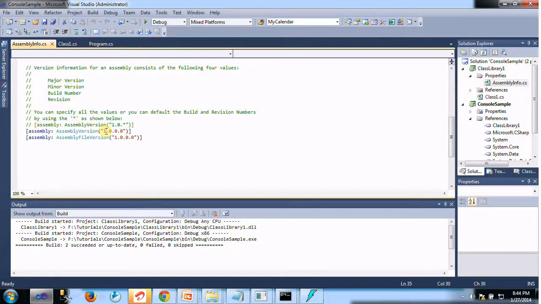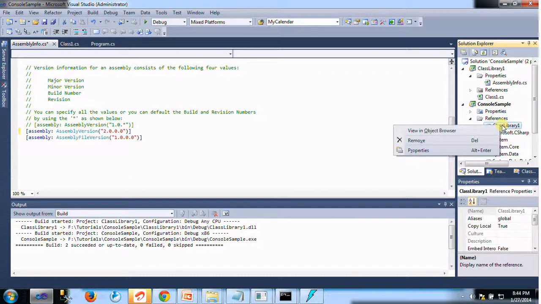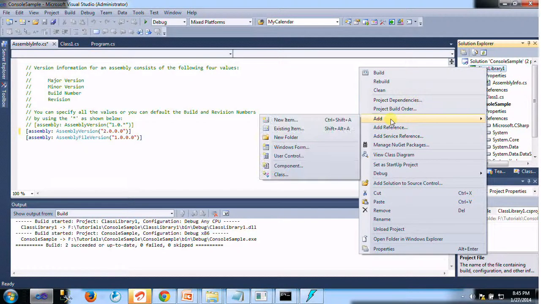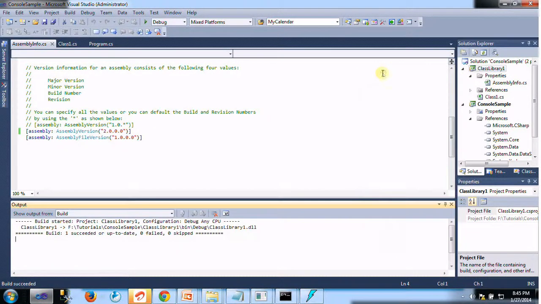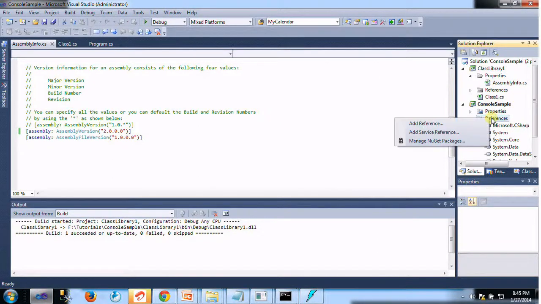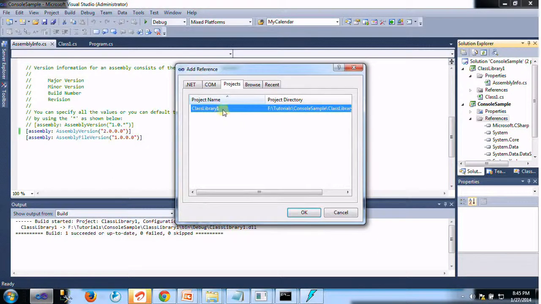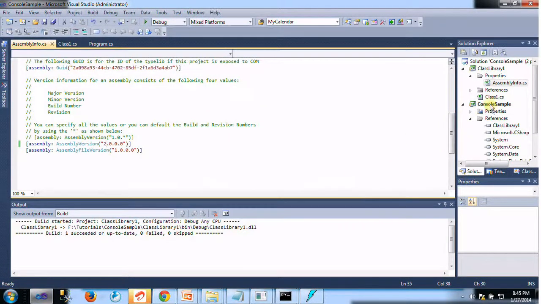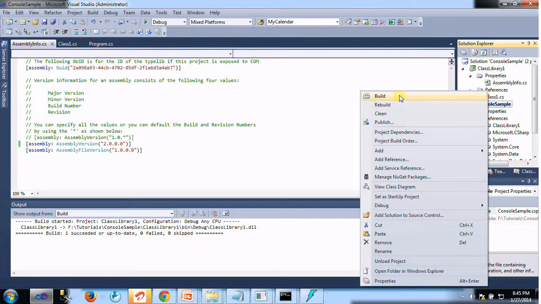If I change 1.0 to 2.0 and run this, first of all you should remove the class library reference, build the solution, and add the reference again to the class library. Then build the console application.